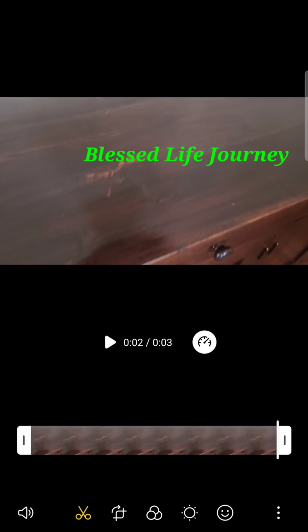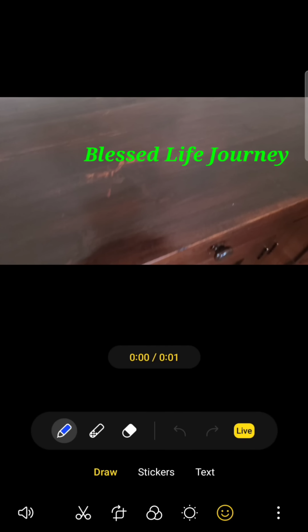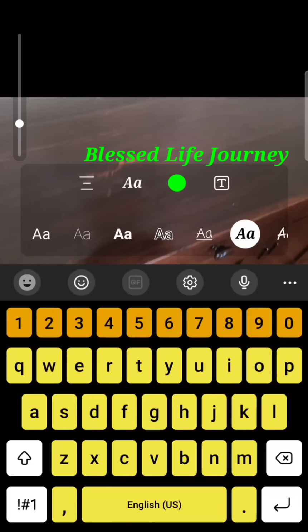So now that we have looked at a few reasons why inserting your channel name into your video as a watermark is important, we will get into the tutorial. First, you will click on the pencil icon on your phone, and you will see a lot of tools there that you use to edit your video. For this video, we'll focus on the smiley face emoji. When you click on it, you will see draw, stickers, text. We'll focus on the text